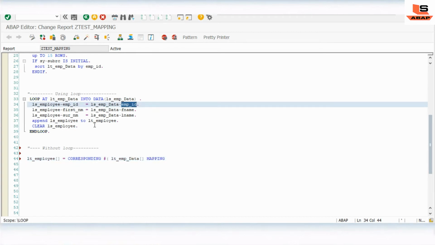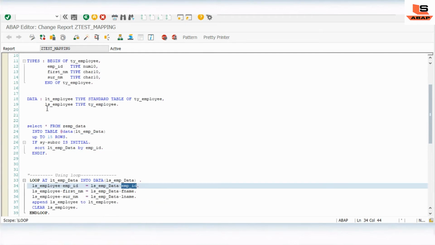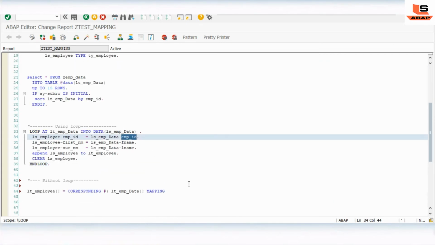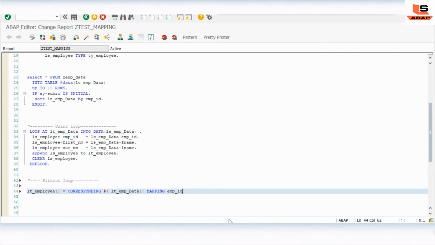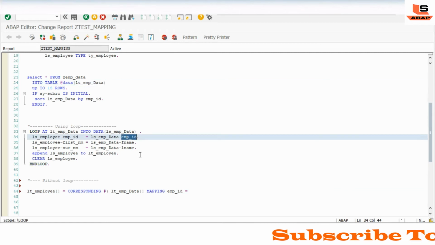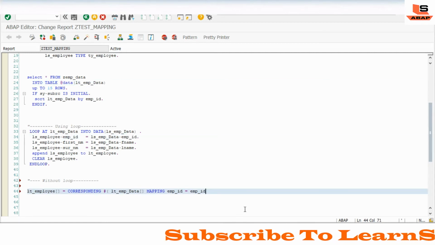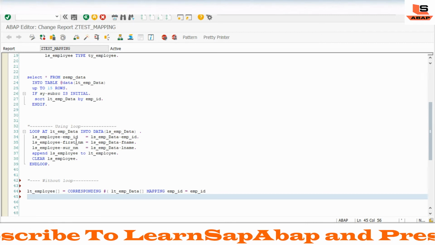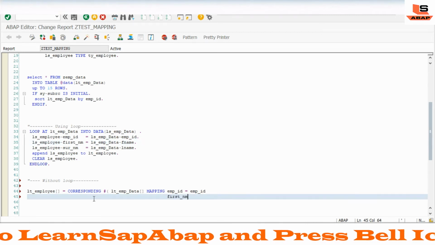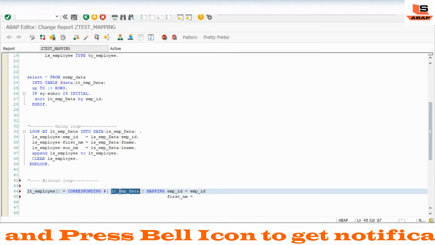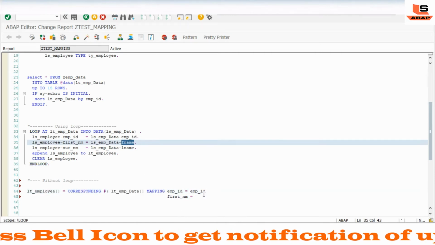What are the fields on the left hand side? In this LT_EMPLOYEE we have employee ID, so employee ID is equal to the employee ID field of the data table. The next is first name, because first name is in this table, and on the right side we have first name.